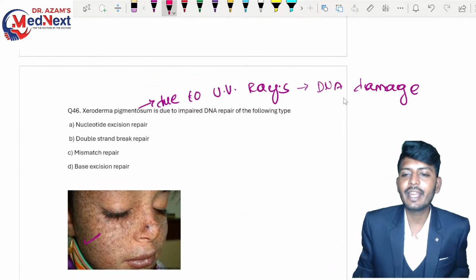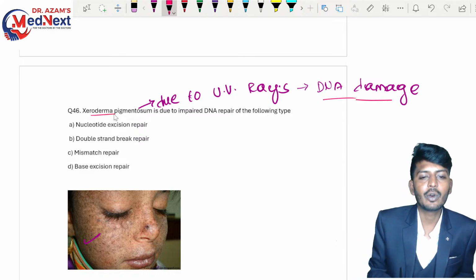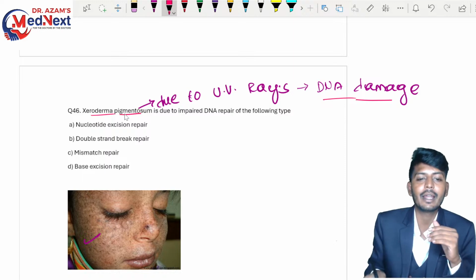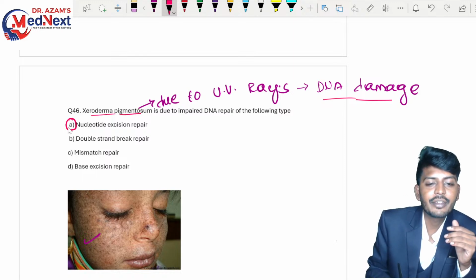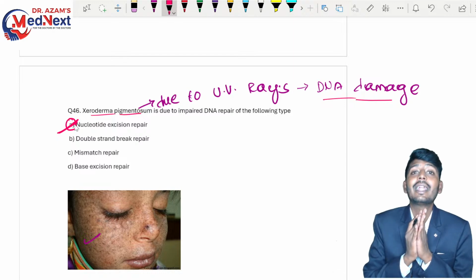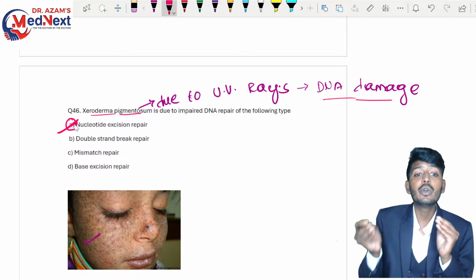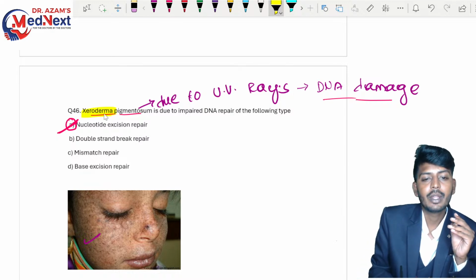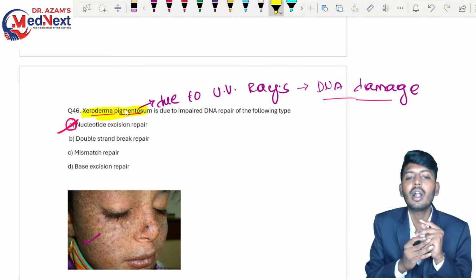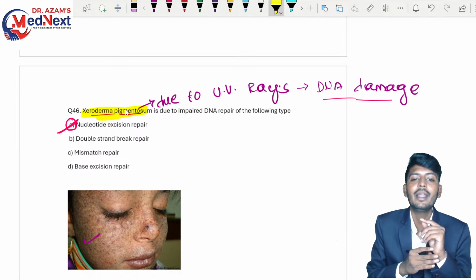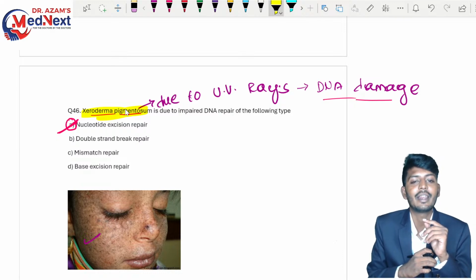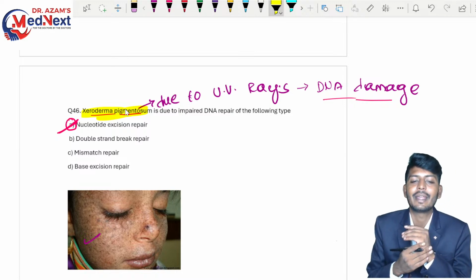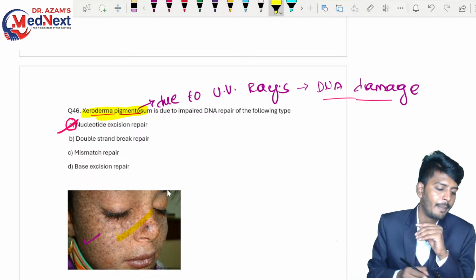ड्यू टू यूवी रेस डीएनए डैमेज होगा, बिकॉज ऑफ दैट क्या आएगा, जेरोडर्मा पिगमेंटोसम। सो इसको रिपेयर करने के लिए न्यूक्लियोटाइड एक्सिशन रिपेयर बोलते हैं। सो नॉर्मली न्यूक्लियोटाइड एक्सिशन रिपेयर शुड हैपन। अगर न्यूक्लियोटाइड एक्सिशन रिपेयर नहीं होता है, इट लीड टू जेरोडर्मा. If that is not happening, so then what will happen, so it is due to nucleotide excision repair, तो उसके वजह से क्या होता है, so that will be nucleotide excision repair के impairment की वजह से xeroderma pigmentosum, ठीक है।